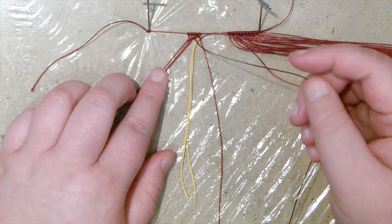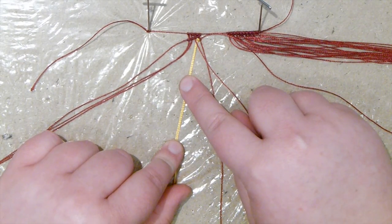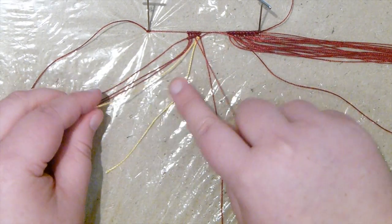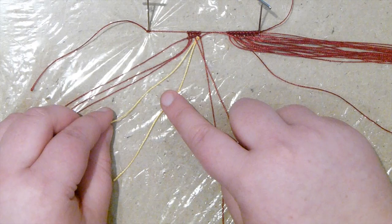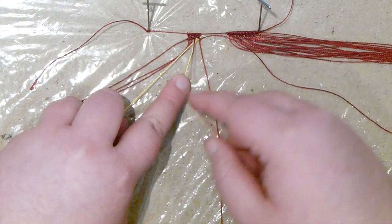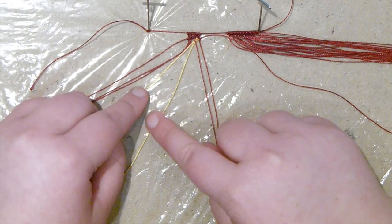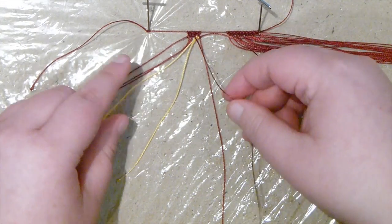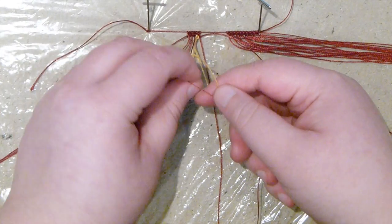So you bring this long thread above, in my case, the yellow that you just attached, because now that's your holding thread, and these short ones, which originally was one but it's turned into two because of the way we attached it, those are your working threads. So again, like the first time we attached, you can tell when you attach in your lark's head knot, your two threads are kind of naturally coming out to each their own side. So just stick with that. So you take the one that's coming out first, and you put that around your finger and through the loop,